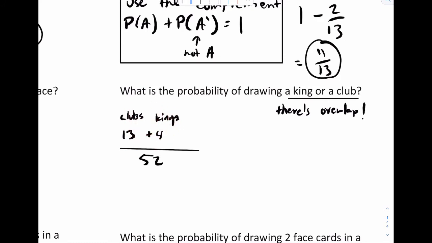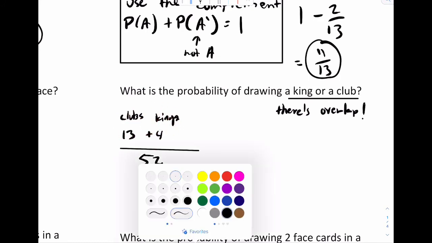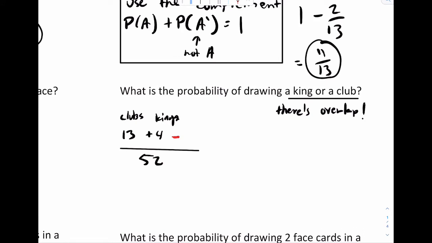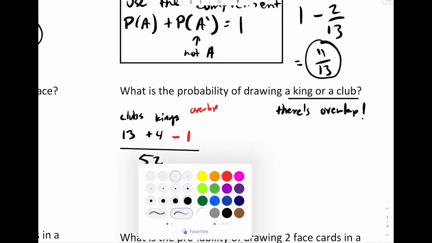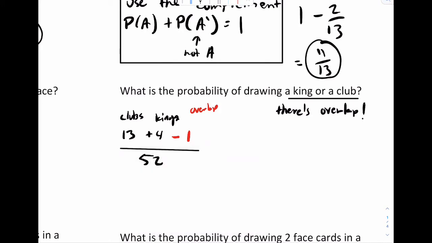Because you have the king here and the king here. So to fix that, what you can do is subtract the overlap. This is our overlap, which would be 1, the king of clubs. So by doing that, you fix the problem, and then we're going to get 16 over 52, which would be